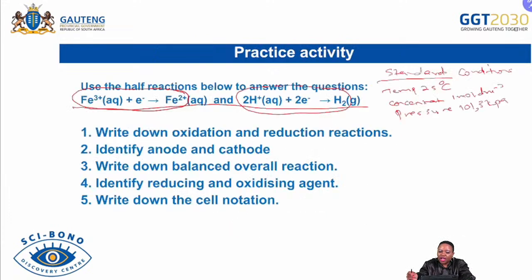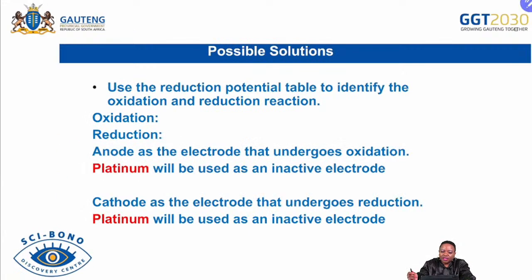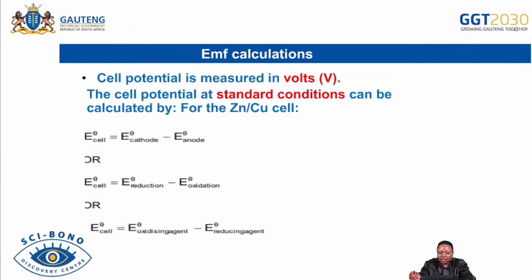So we are just trying to check how we represent the cell if there are no electrodes, meaning that now we are going to use what we call inert electrodes. And in our case, we have used platinum as our inert electrode. This was just to assist with